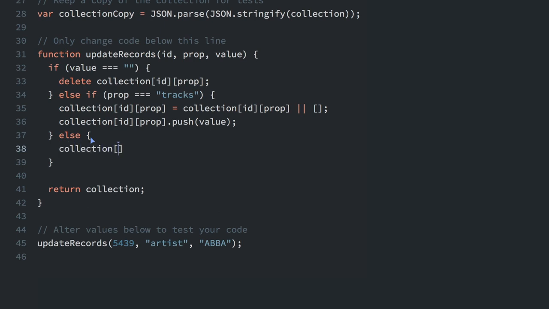collectionID prop equals value. Okay, let's test this out. So we already have this example down here, but to see if it actually worked, we're going to do a console.log so we can see the output there. And if I run that,